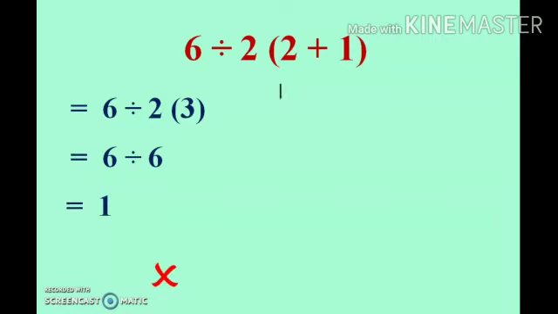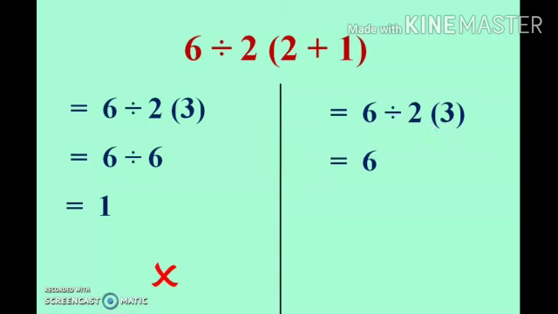I will explain clearly how to do this problem. The first step is correct. Most of you will do the first step correctly. They will write 6 divided by 2 into 3 with the bracket. Actually, BODMAS tells us to solve only the expression inside the bracket. We have already solved the expression inside the bracket. Next we have to replace the bracket. Actually, if we replace the bracket, we will put multiplication. If we write this step, it will be clear.